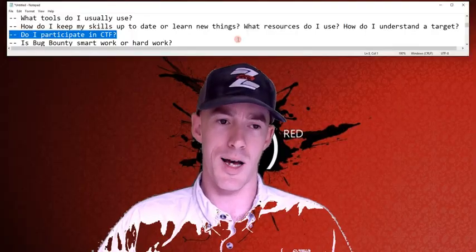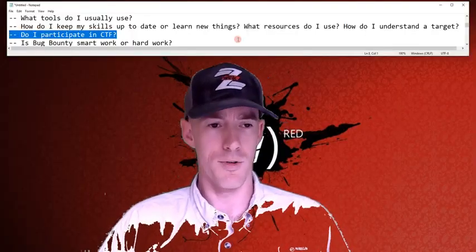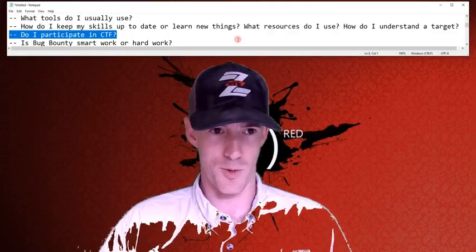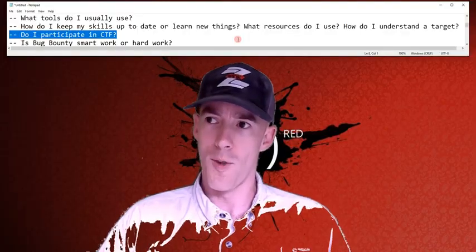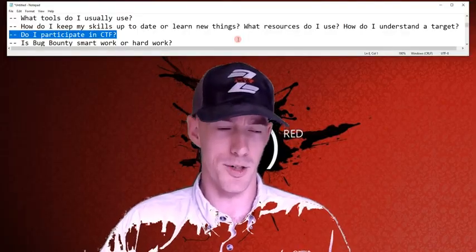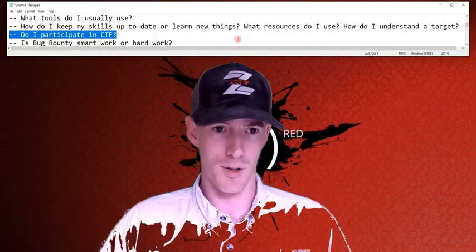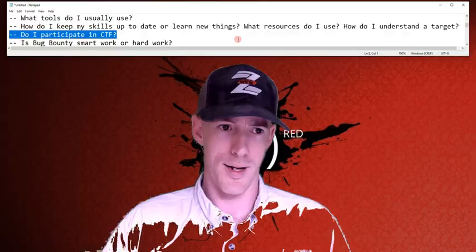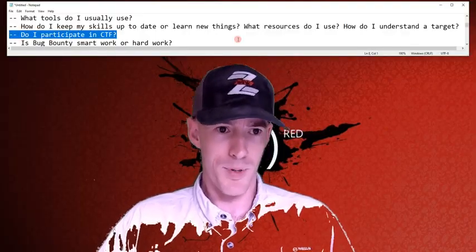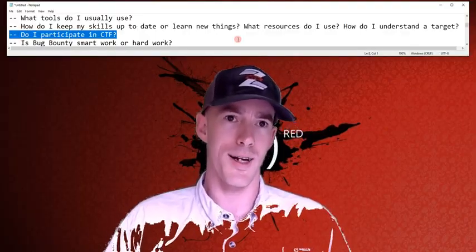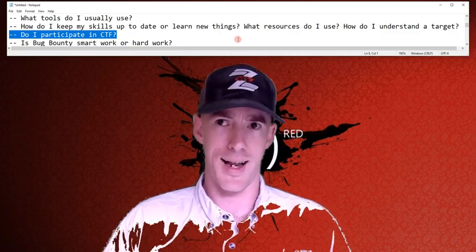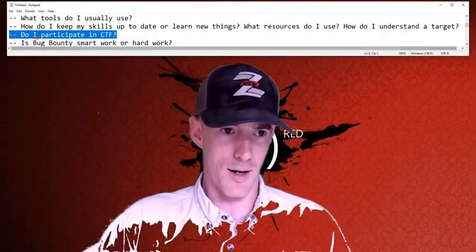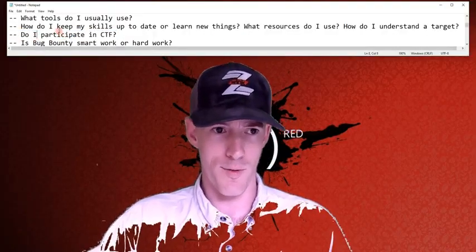But the difference is the capture the flags make you go further. They make you take a SQL injection that normally you would have stopped at in bug bounty and said, okay, I got it to sleep for 30 seconds, you're done, or I got the host name back, I'm done. Well, they make you use blind Boolean based logic to get passwords out, and then take those passwords and log into some SMTP server, some file server, whatever. And then you got to pivot and escalate, and pivot and escalate. It's more like real world black hat hacking than it is geared toward bug bounty, which is great. It just doesn't do anything for me for bug bounty.